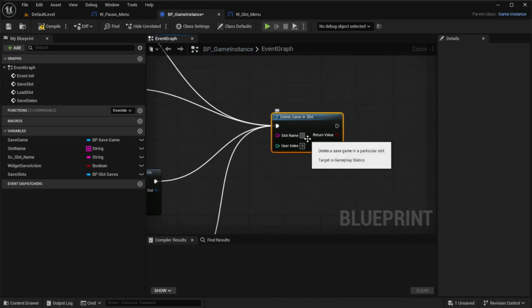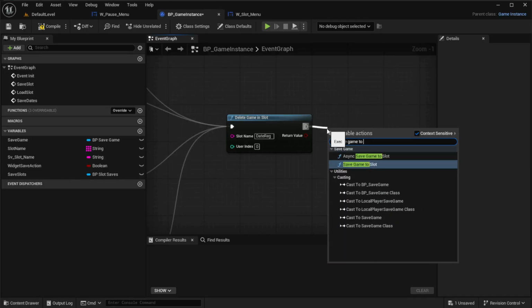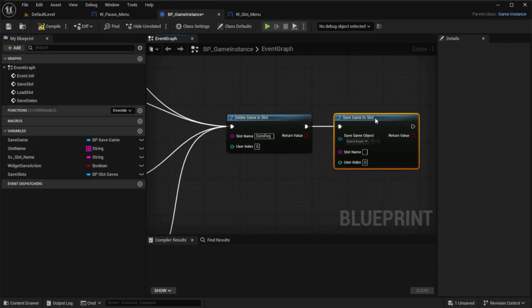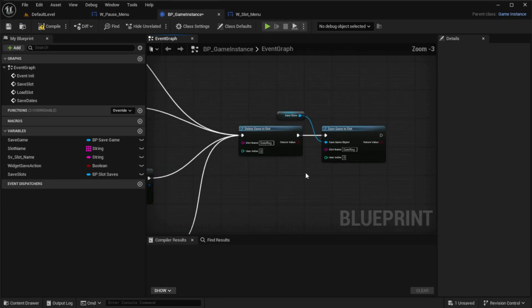And slot name is datereg. They connect out to a save game to slot. Slot name datereg, of course. And drag the save slots variable across for the object. Now this process allows the date and time for each save to be recorded into the datereg game save. So we'll compile and save, and now we've created the datereg file, we need to make the information it contains